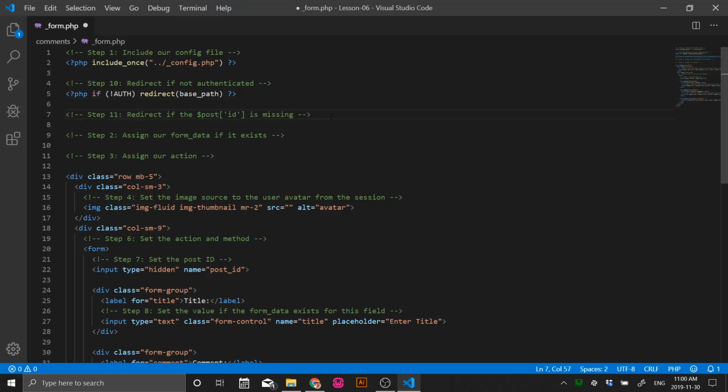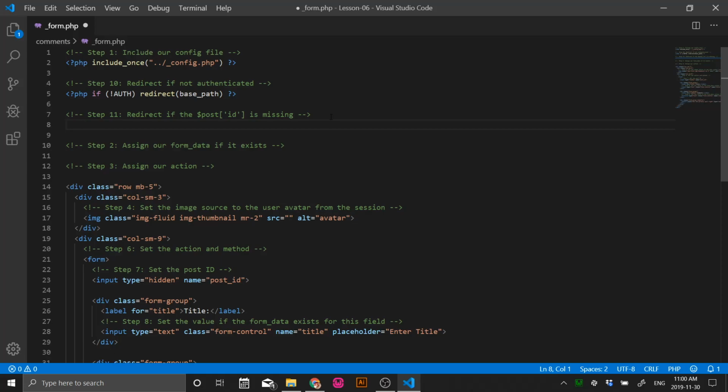Next, step 11, redirect if the post ID is missing. Oh, that's a good one too, right? So if you didn't pass a post ID, then I'm going to redirect you because how did you even get there? Like, what are you even doing? Do you even lift, bro? Okay, so if not isset